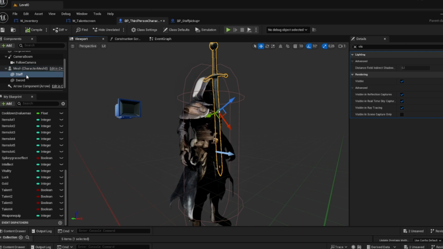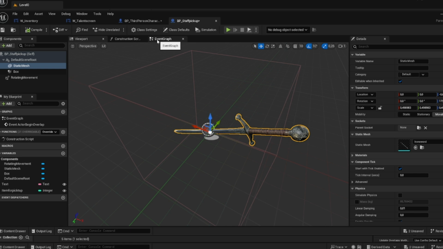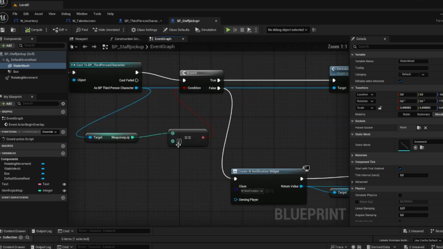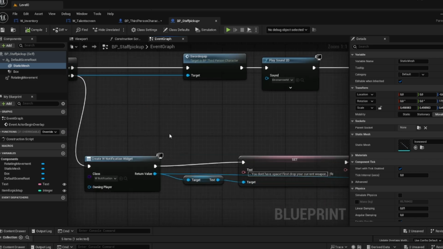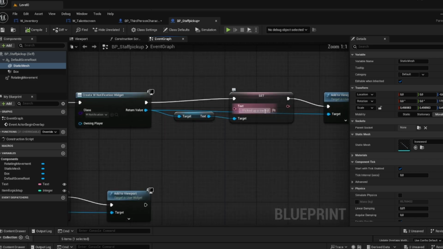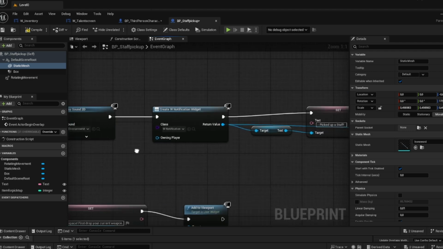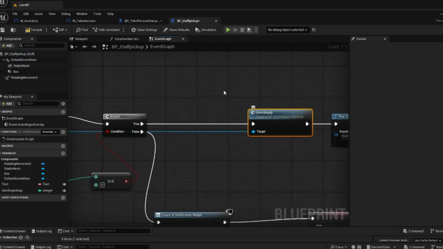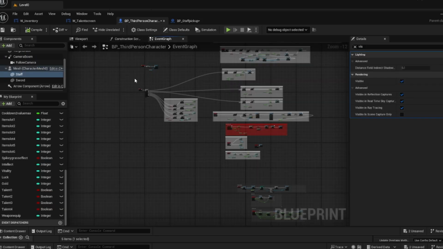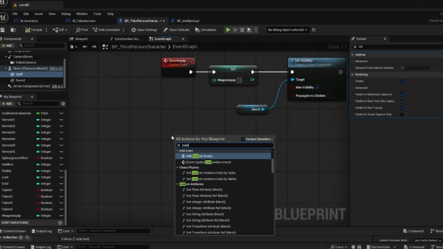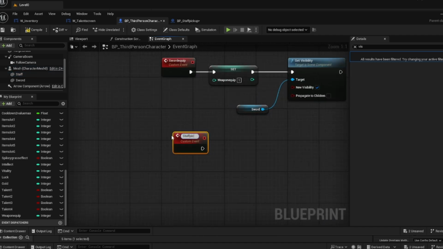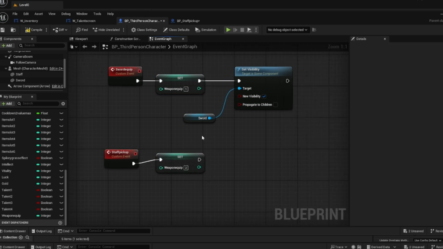So now that we have a staff mesh and we have another item called the staff pickup, what we need to do is we need to set the item, we have to change this around on the staff pickup. So we have to say we picked up a staff, and then instead of sword pickup it will go to staff pickup. So make another custom event, staff pickup, and then it will change the weapon slot to 2,